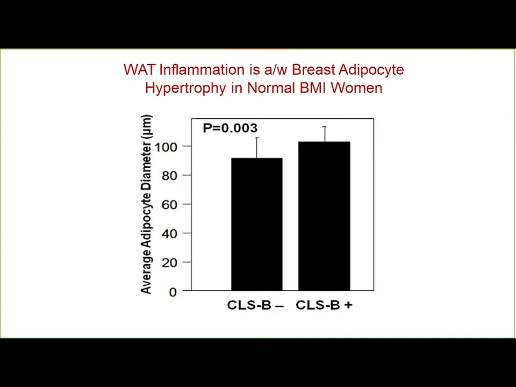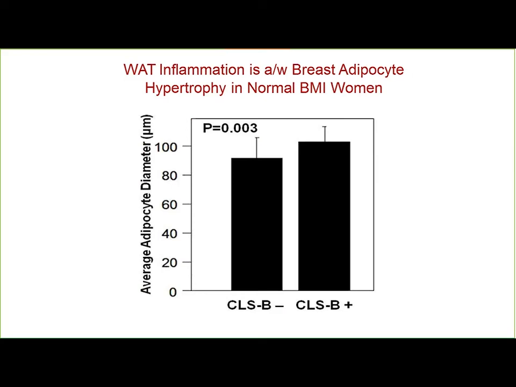And here again, we looked at adipocyte size, and white adipose tissue inflammation was associated with breast adipocyte hypertrophy in normal BMI women. So here you see the CLS-B negative normal BMI women and the CLS-B positive women, and again, we find a significant increase in adipocyte size. So they have a normal BMI, but consistent with this meeting, they are undoubtedly hyperadipose, manifested by enlarged adipocytes in